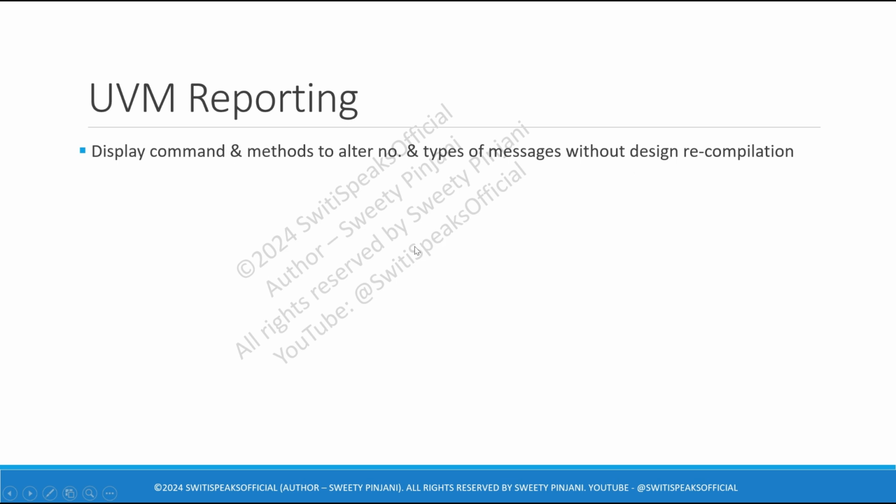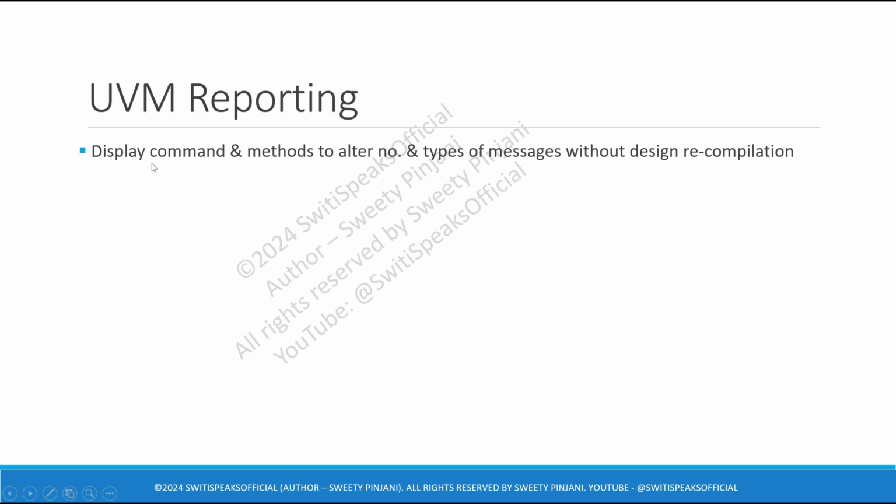Why this is an advantage without design recompilation, I'll tell you. Nowadays the designs have become very complicated, and it takes hours to recompile a design. You are saving those hours of time if you can alter the number and type of messages without recompiling the design.